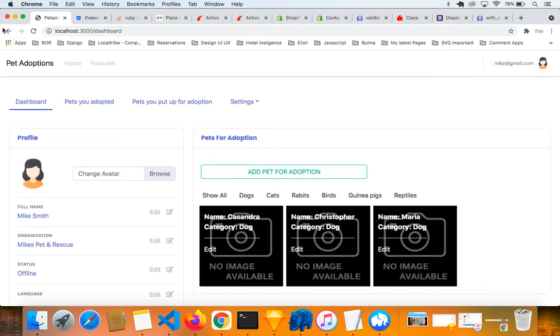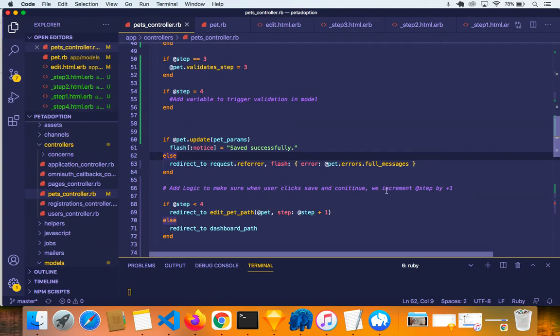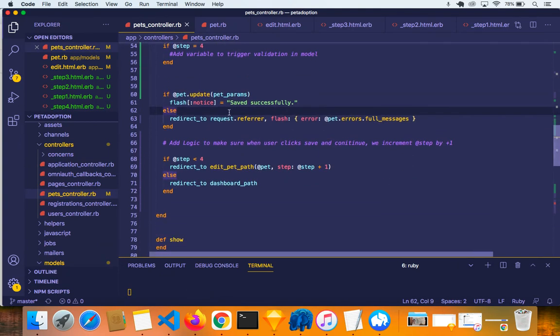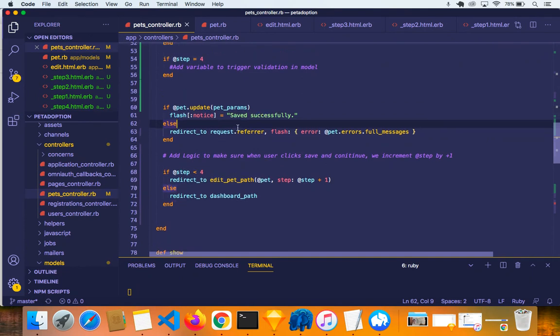Why is this happening? If beta update notice save successfully, redirect to request refer, error full messages. If step is less than 4, redirect to edit pet path, add step +1. Else,